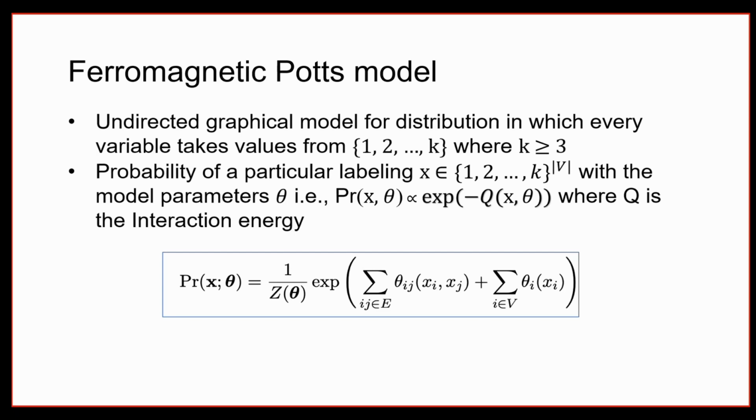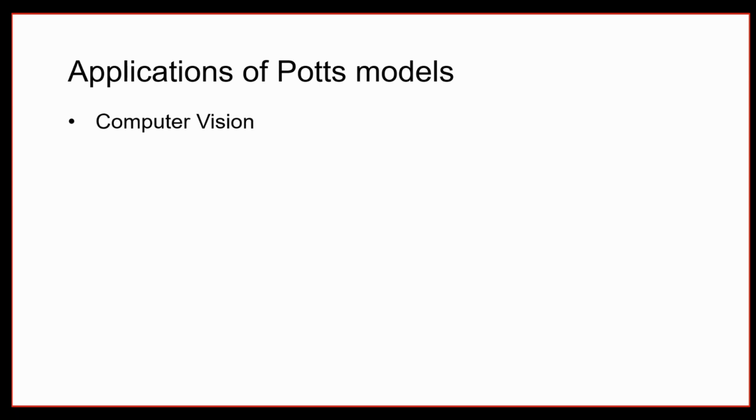And this Z is also called the partition function, and it's basically the normalization constant for this distribution. Even computing Z is a difficult problem. We'll not really care much about Z, because the problem we care about is finding the most likely value of X. Since Z is common for all possible values of X, we don't really care about it, but computing this partition function is also a very well studied problem. We will assume some properties, which we'll discuss.